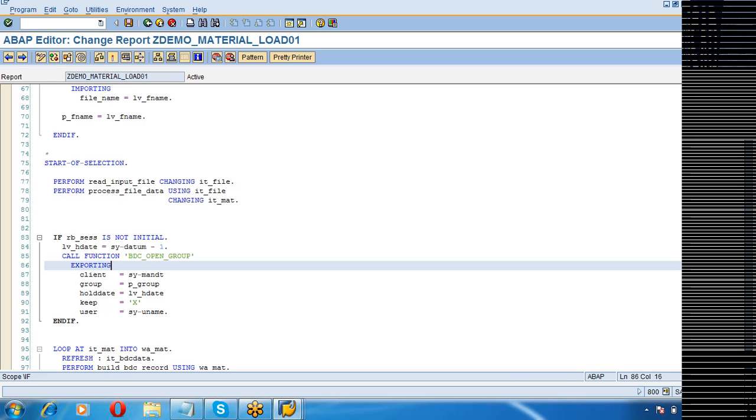Post-processing is when you push the data into the BDC or the BAPI, and if there are any error values in the data, it will error out. Then you take the error data and push it into the error file.